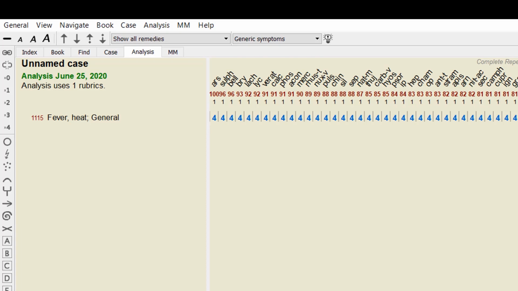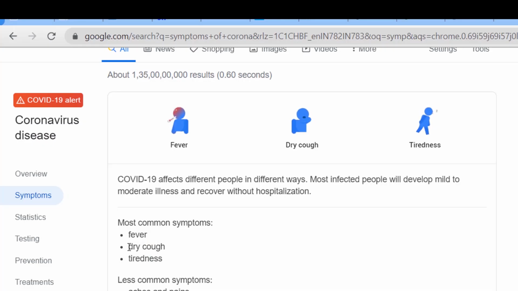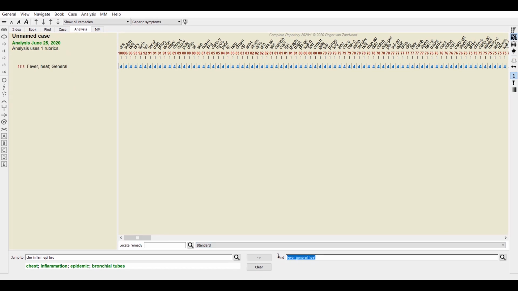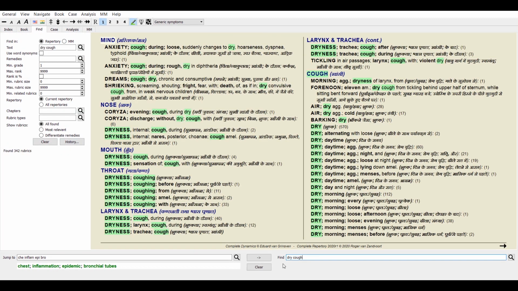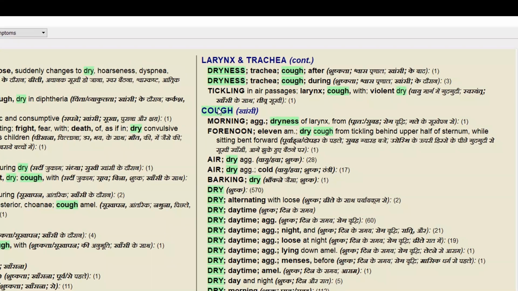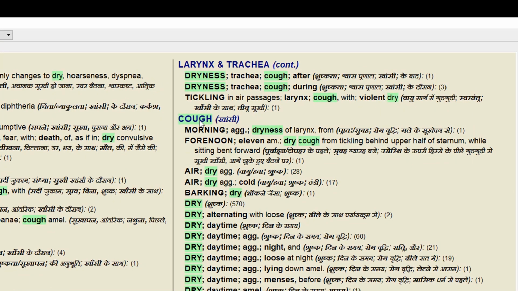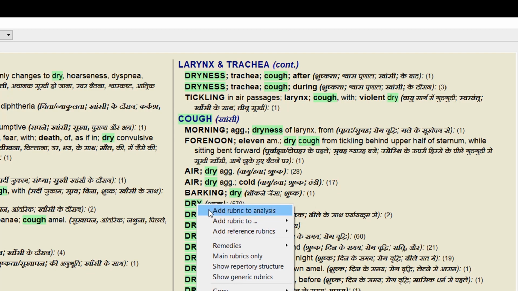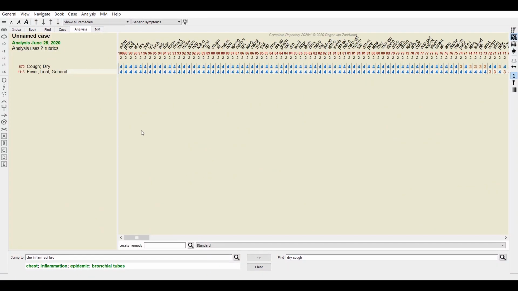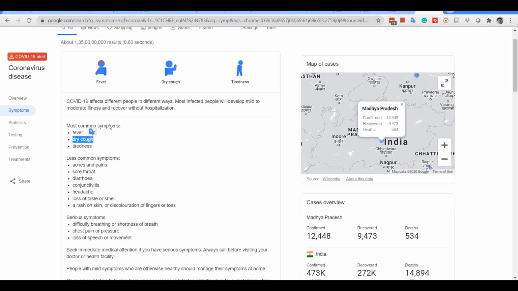So let us once again go back to the search result and then copy the second most common symptom and paste it into Complete Dynamics. Here you can choose the most appropriate symptom in the cough chapter, dry, and add it into the analysis tab. Here you can see some more symptoms coming up in the analysis tab, and now let us copy the third